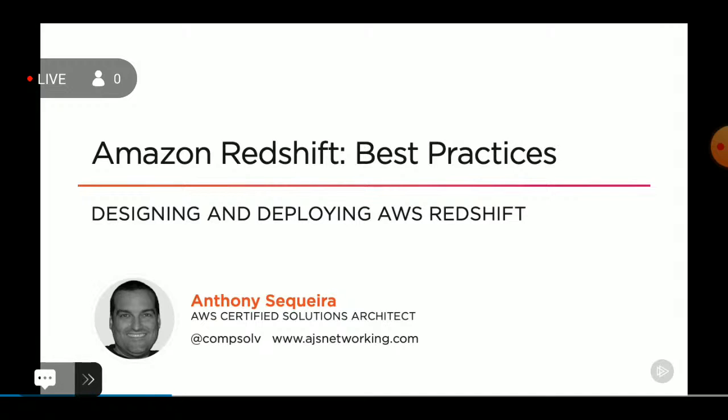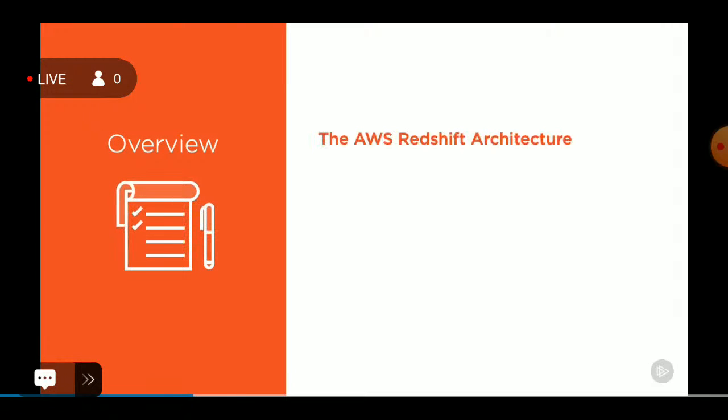In this module, we're going to begin by taking a look at the overall AWS Redshift architecture. It's important that we understand the architecture so that we can better manage and maintain it and use best practices to get the most performance and also to secure the Redshift infrastructure. We'll also look at actually deploying AWS Redshift. So what are the methods of deployment and what key, again, best practices can we use to make sure our